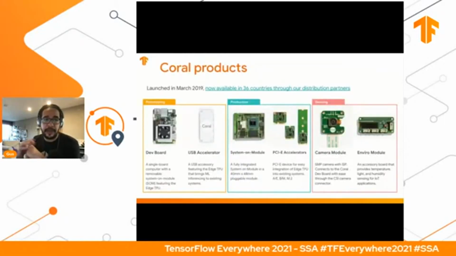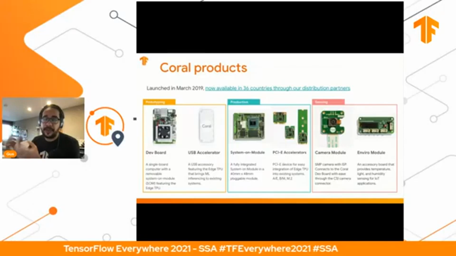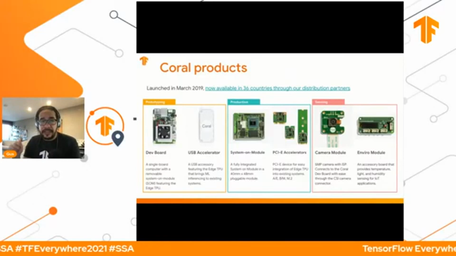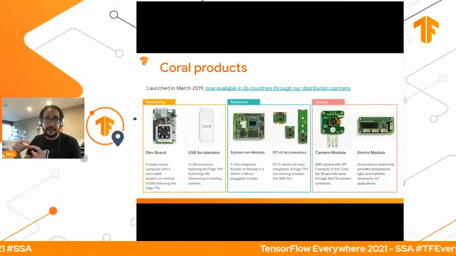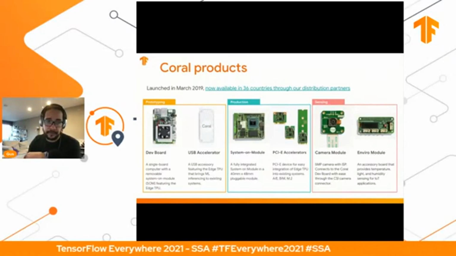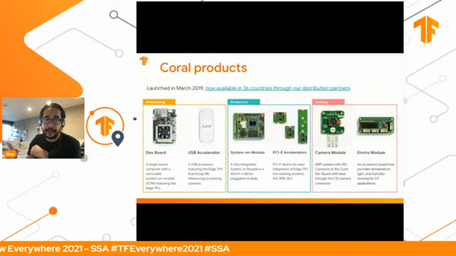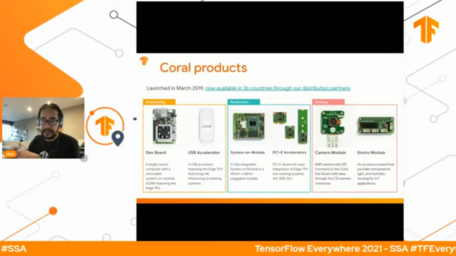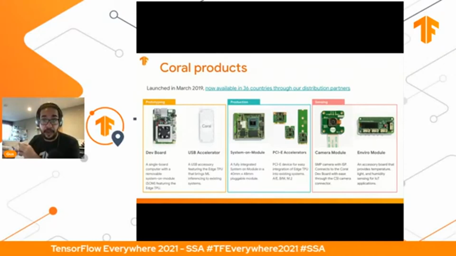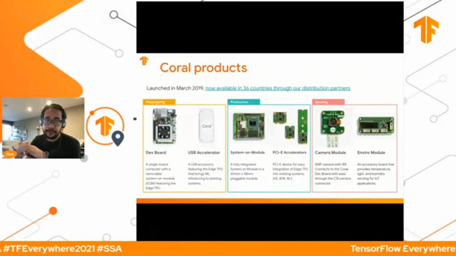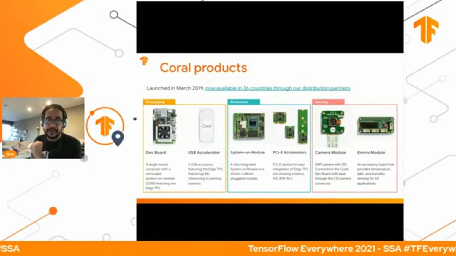Here we have some examples where you can find these Coral products. For example, we have a dev board if you want to create a product. And the cool one I like is the USB accelerator, which is like a pen drive, but you have an Edge TPU inside of it, so you can connect it to the USB port of your dev board or any Raspberry Pi device, and you can run your model on this, and it will be super fast. Even if the rest of your Raspberry Pi is just not as advanced, this will help you run models frame by frame on a video, for example. That's very good. There's some other hardware, but I'm not going to go into too much detail on them right now.